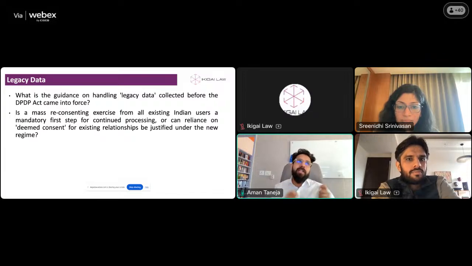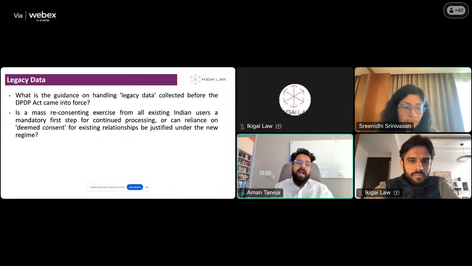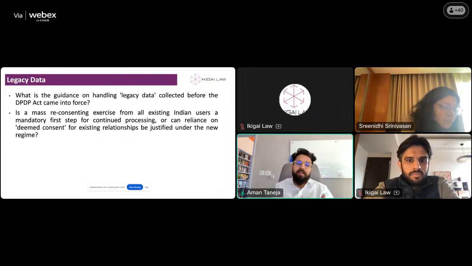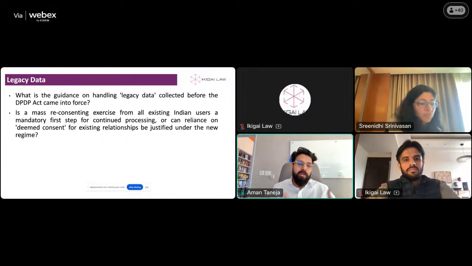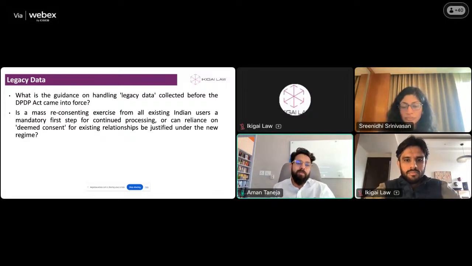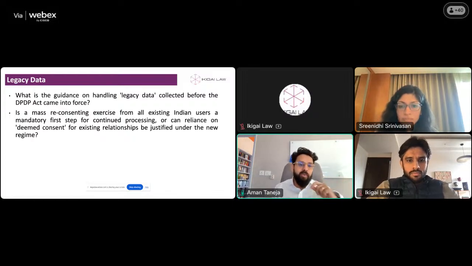But just thinking this through practically, what might be a better means of doing this? Like you were saying, if you have an active, engaged user base on an app that you provide, would it be a more natural place to do a pop-up notification there and use that as an opportunity to get fresh consent rather than relying on this?